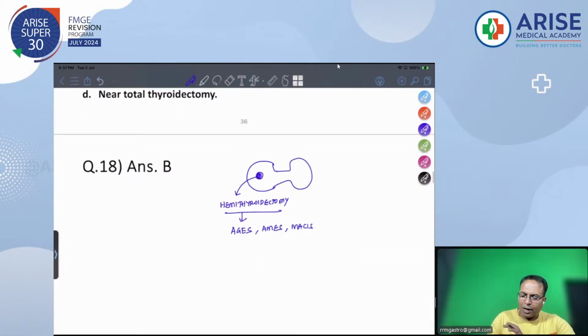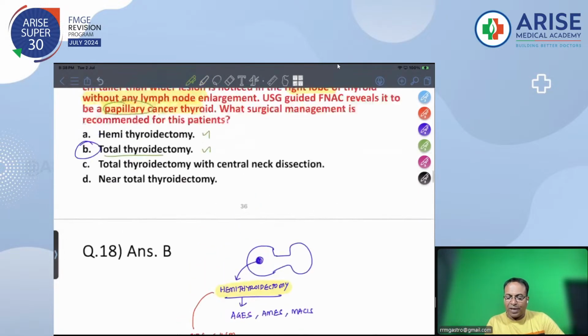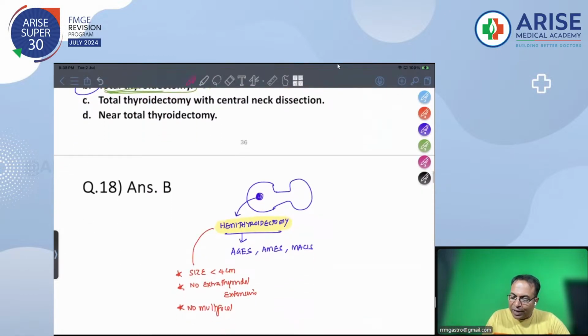Many gradings are available. According to these gradings, just remember, if the size of the lesion is less than 4 centimeter, no extrathyroidal extension, no multifocal lesions, nowadays they are doing hemithyroidectomy also in such cases. But in this patient, you can see why I am not doing hemithyroidectomy, but I want you to do total thyroidectomy, because the following are contraindications, like radiotherapy,